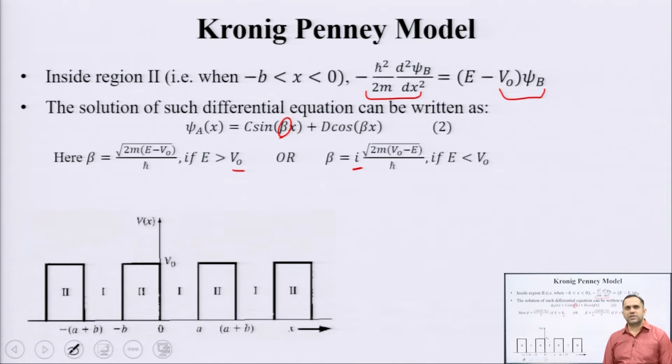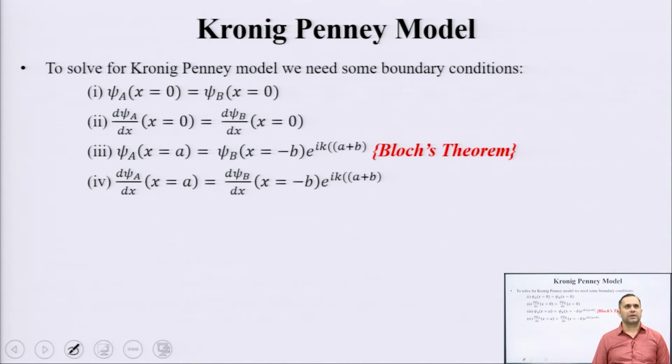So, when you solve these two differential equations, the Schrodinger wave equation, you get the value of, this there should be a b here. This is psi b, the wave function in region number 2. When you solve these equations, the solution which you obtain